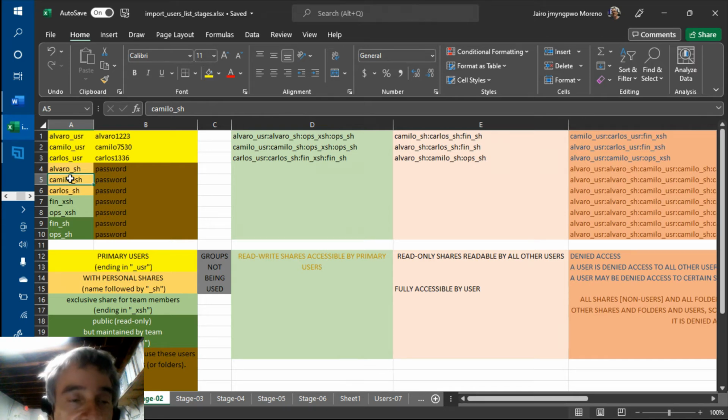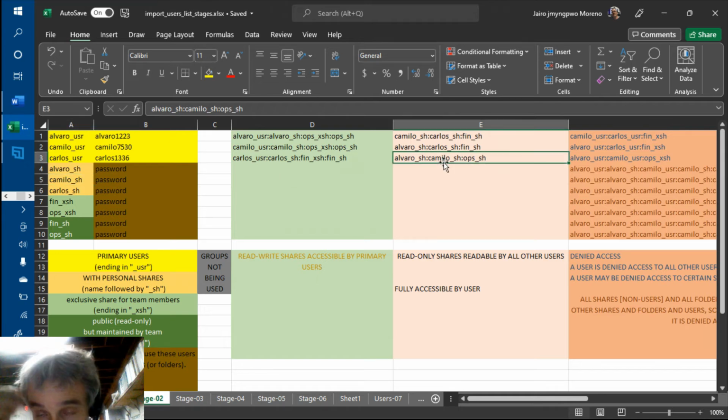Access deny that user to everything else, including himself. Then that user becomes a useless user, but that user is useful because now it's just a regular folder that the actual users on this sheet